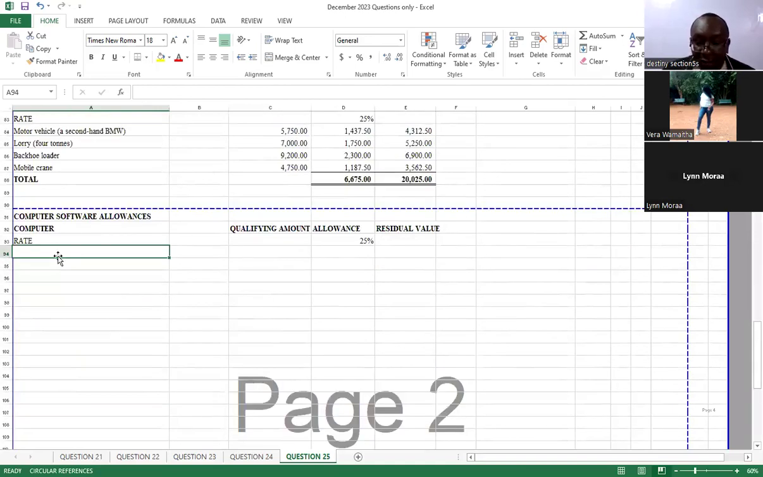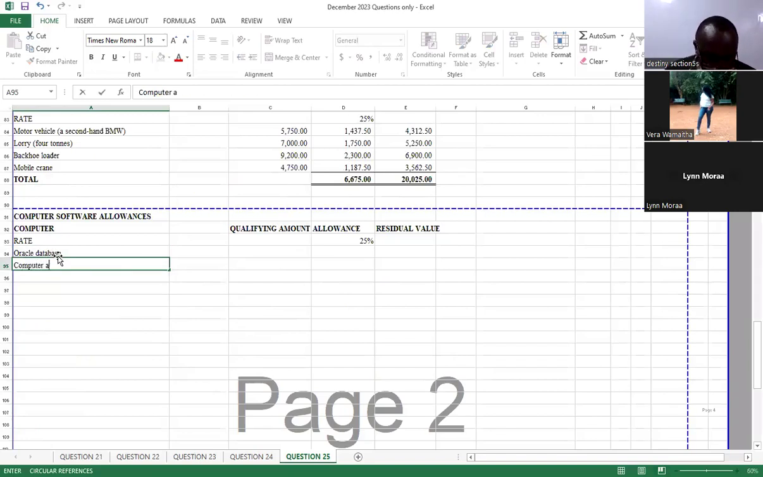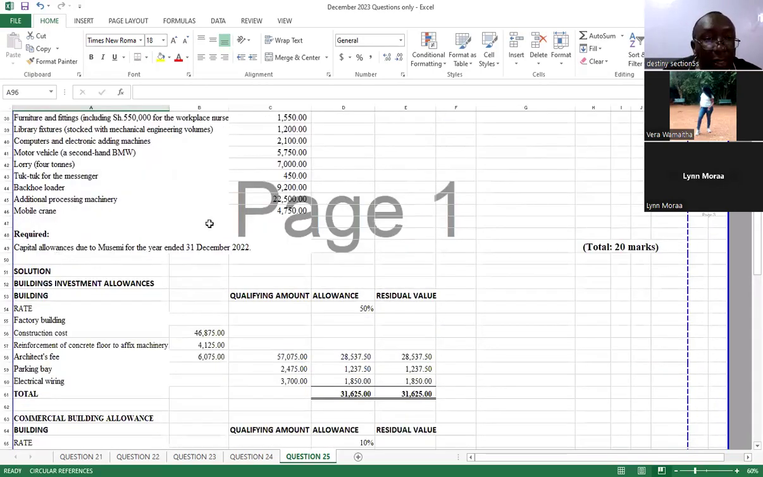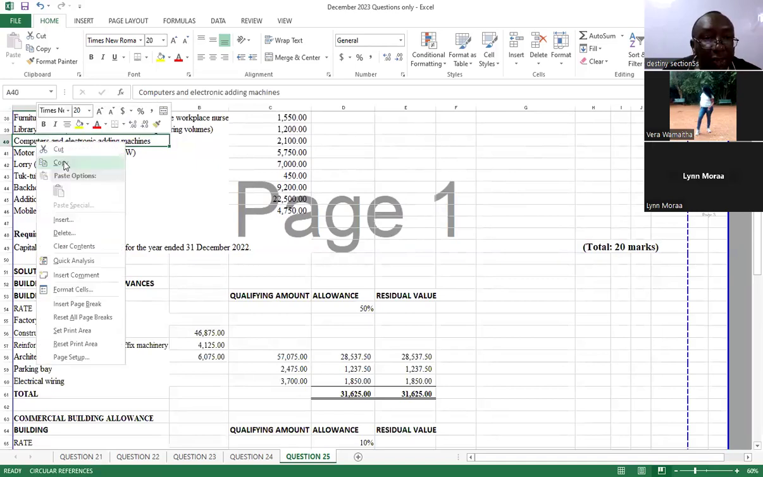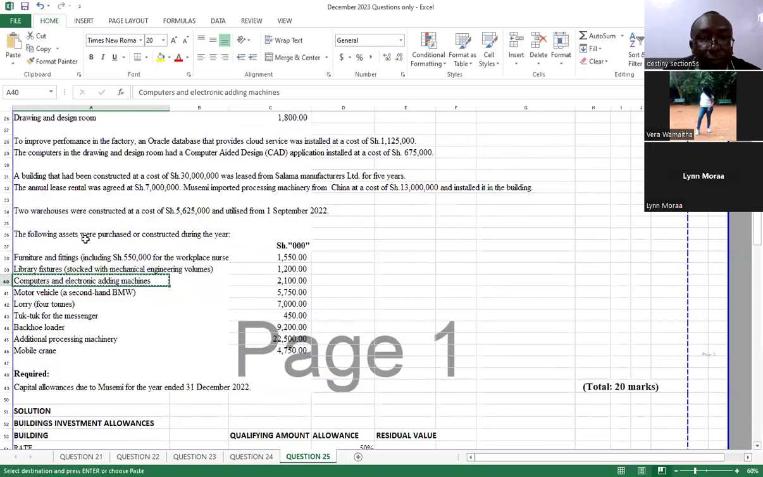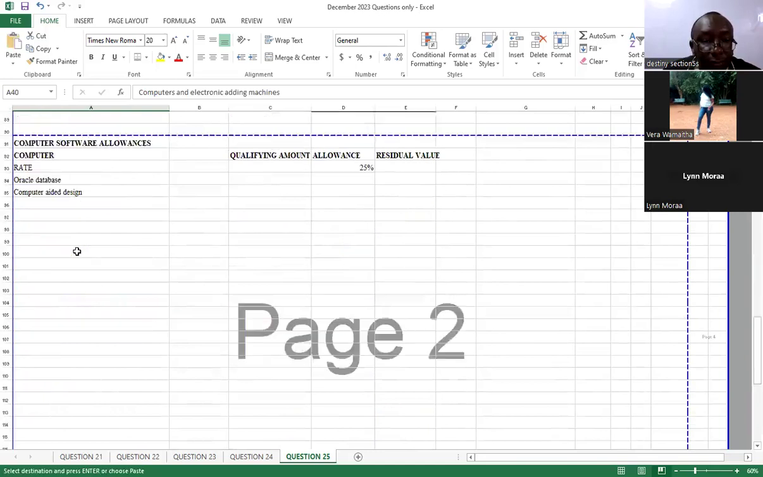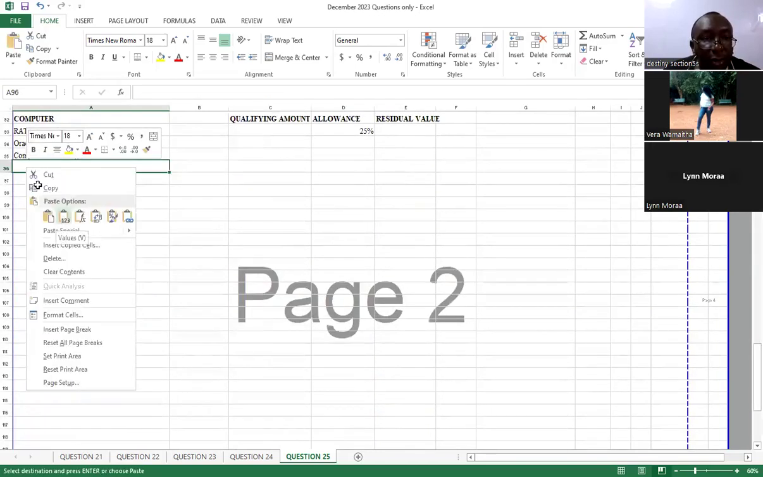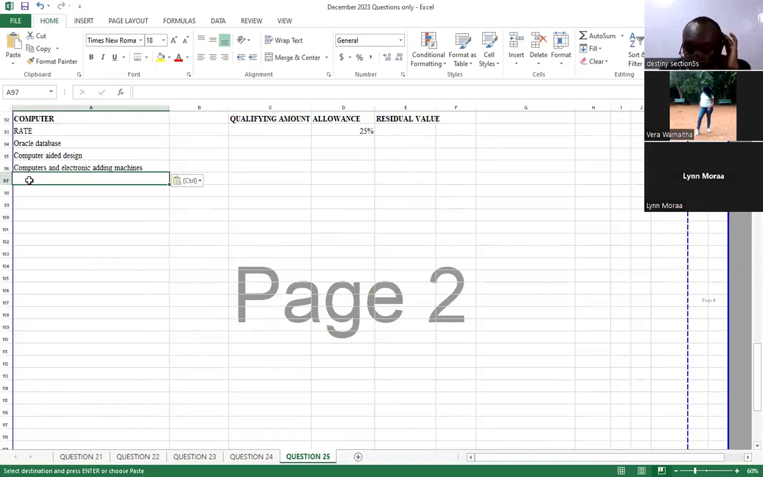Now that one we can't pick, we have to write manually. So Oracle database, there is computer aided design. Then there is this one we can pick. This one we can pick the way it is. Yeah, they are just those three. Then